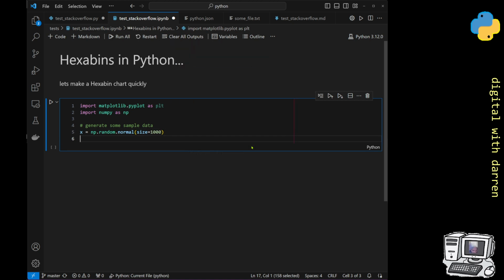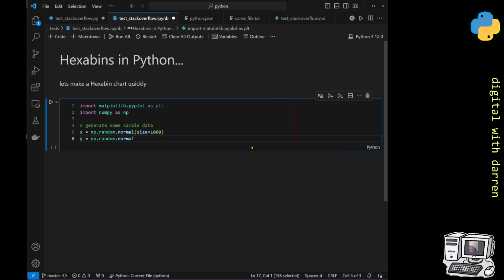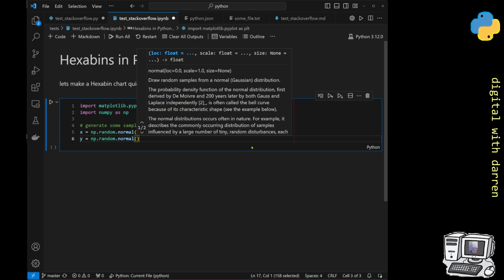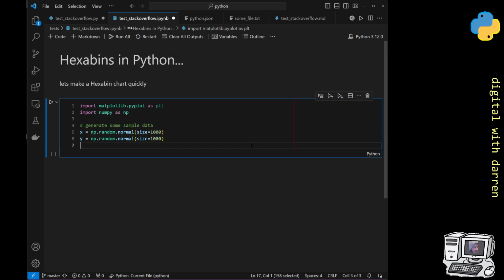and then we're going to say that y equals np.random.normal, so another normal distribution, and we will say size again is equal to 1000, so both x and y look very similar in that respect. And then we are going to create the